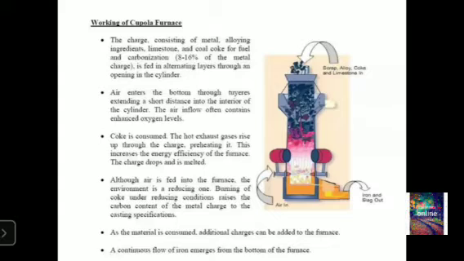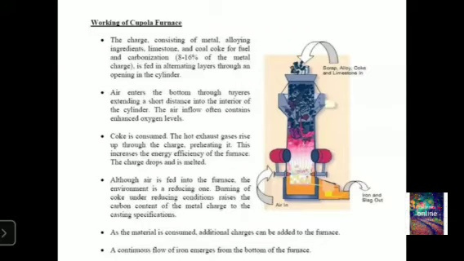Then the air blast is turned on and the combustion occurs rapidly within the coke bed. Within 5 to 10 minutes after the blast is turned on, the first molten cast iron appears at the tap hole, right? Usually the first iron which comes out will be too cold to pour into sand molds. During the cupola operation, molten metal may be tapped every 10 minutes depending on the melting rate and the capacity, right?